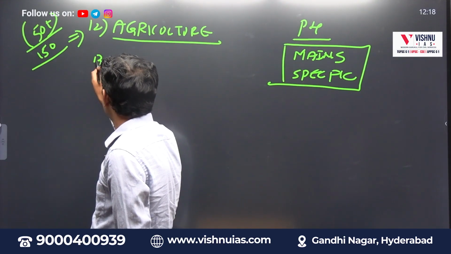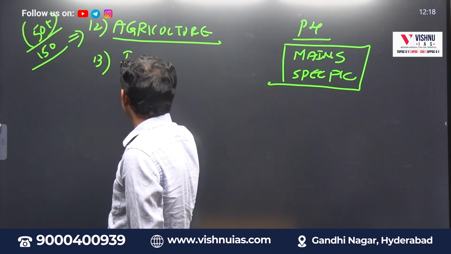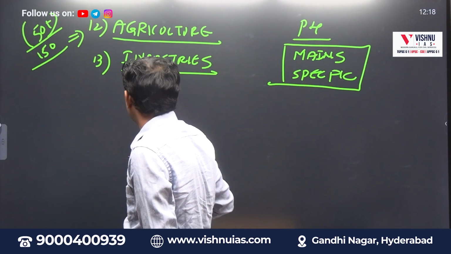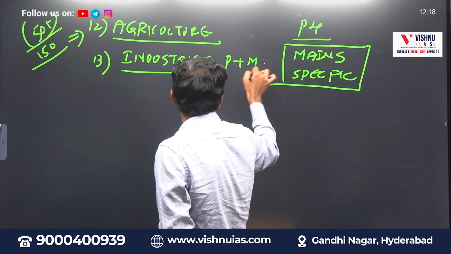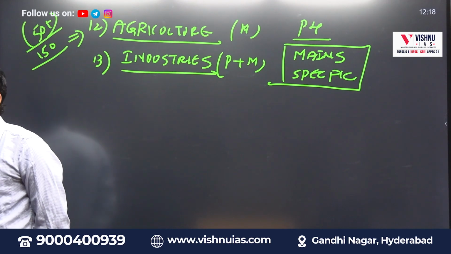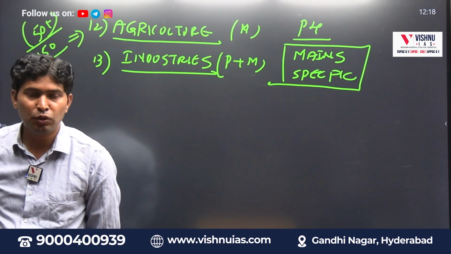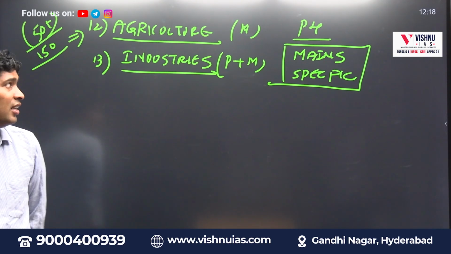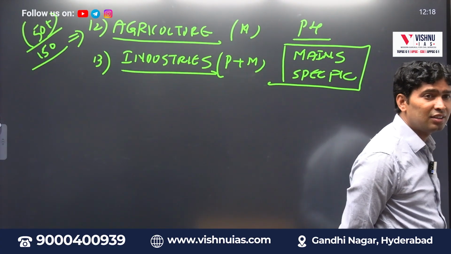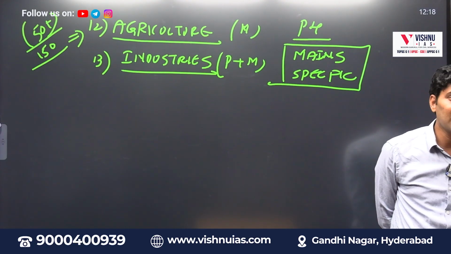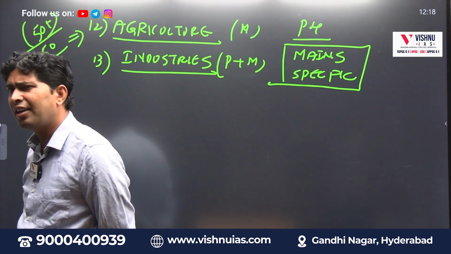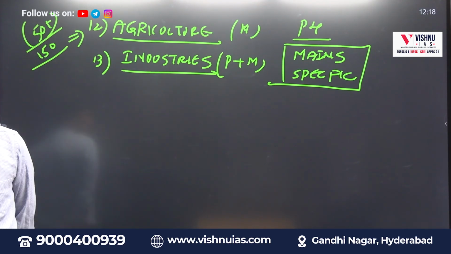Again, this also means a specific topic only, industries. But there are certain indexes which are important for prelims also. So that's why I would keep prelims plus mains. The reason being, there are some indexes. Index of industrial production, core industries, which are core industries, which are non-core industries, purchasing managers index, where industries are located, and regular repeated questions: Navaratna, Maharatna, Mini Ratna, central public sector enterprises, industrial development schemes, Make in India, Startup India, Stand Up India, Atmanirbhar Bharat, all.